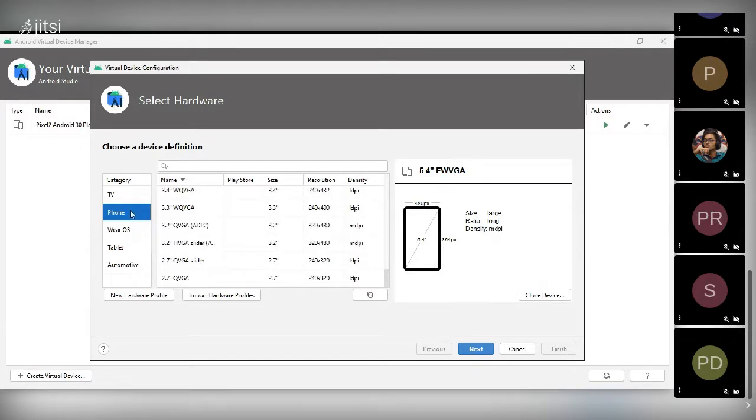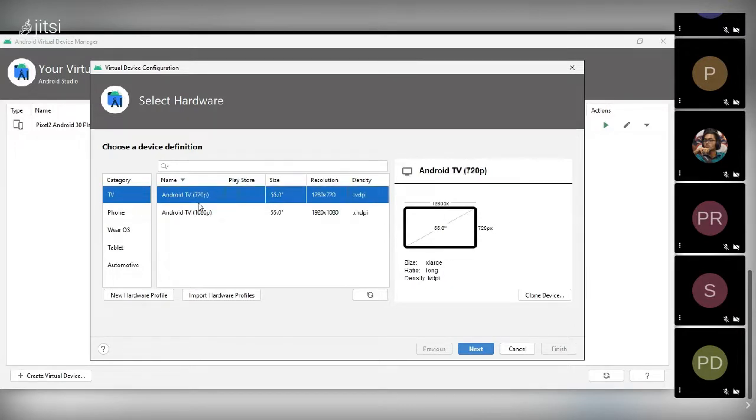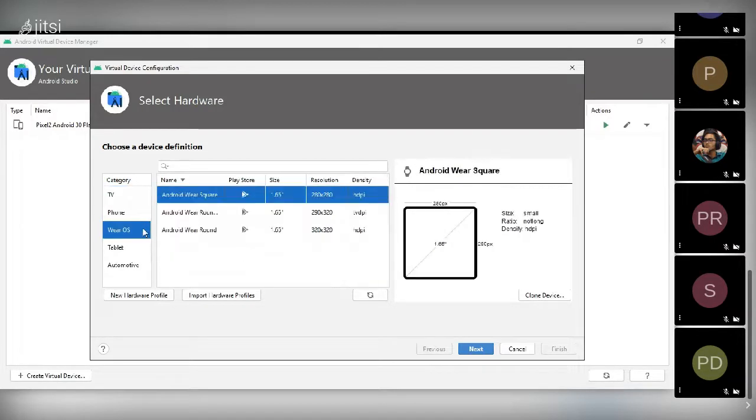Then here you can see category. As I mentioned before, nowadays you have Android smart TVs, you have smartphones, you have Wear OS, which is for watches, you have tablets, and automotive. Automotive is Android Auto. All of these are modified versions of Android. For example, Android TV and Android Auto are a custom launcher on top of the default Android system to allow it to work in that setting. For TV, for example, you have two options as of now, both are 55-inch, just a resolution change, and you can emulate a TV in this case. Wear OS, you can emulate